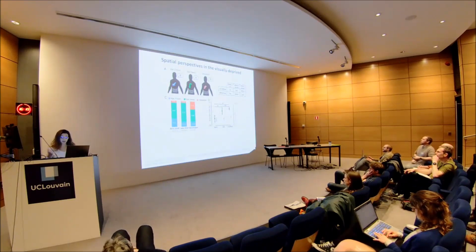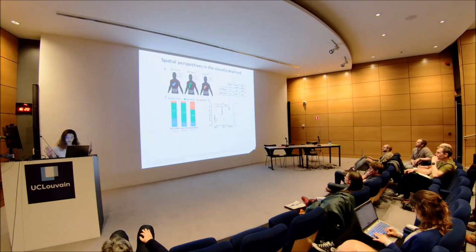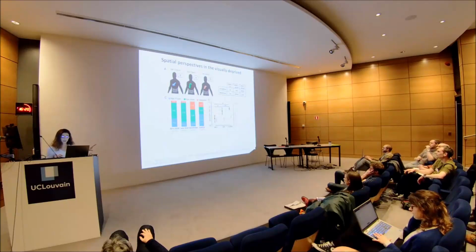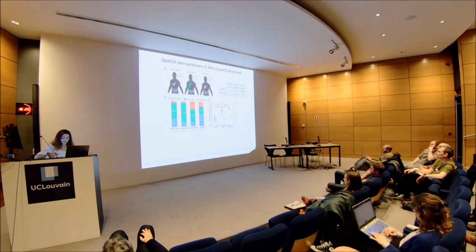And as in the first experiment, the participants completed the 3 sessions, 1 free to adopt the perspective that is the most natural to them, 1 imposed with their chosen perspective, and 1 imposed with a different perspective. And in addition, we compared the results from this experiment with those we previously obtained in the non-blindfolded sighted participants, the one I showed you on the first slide. So results.